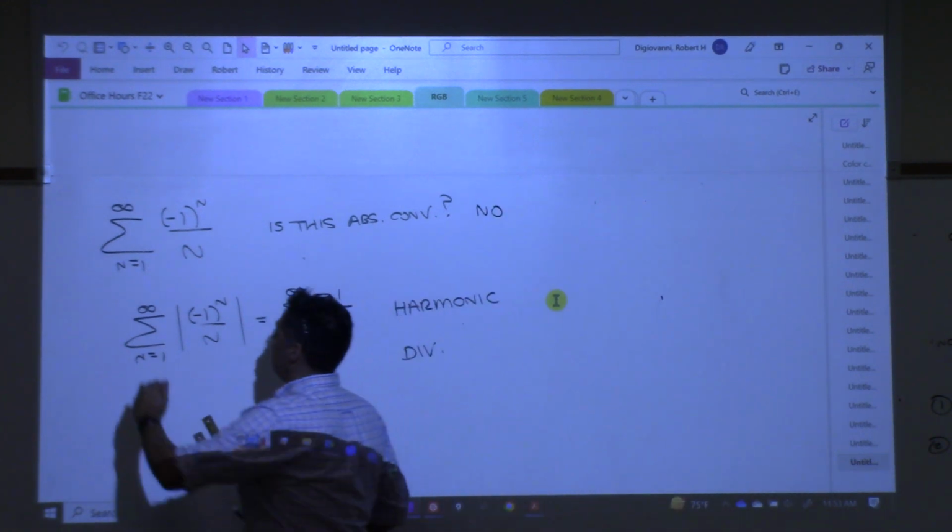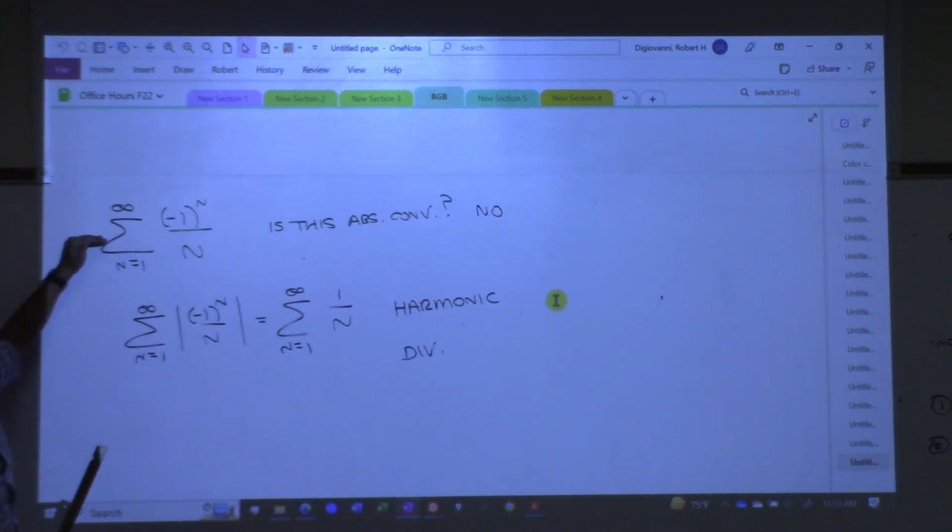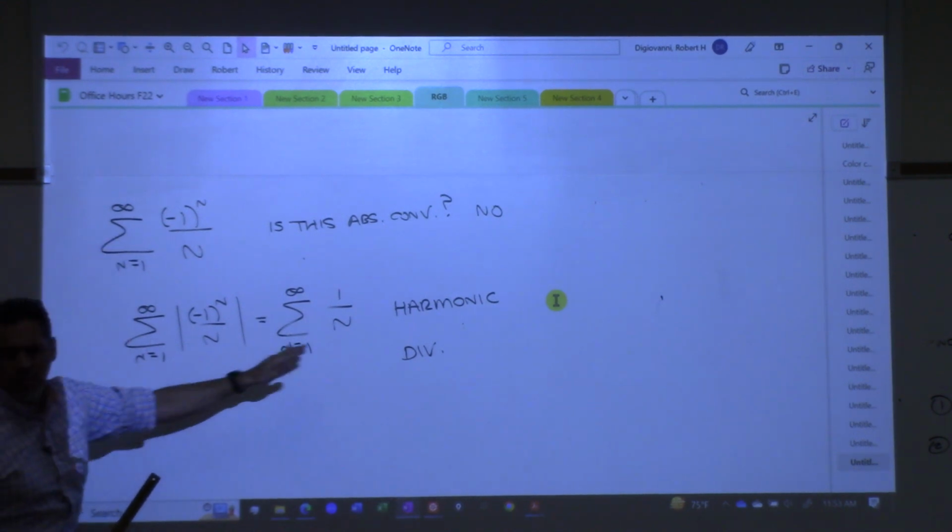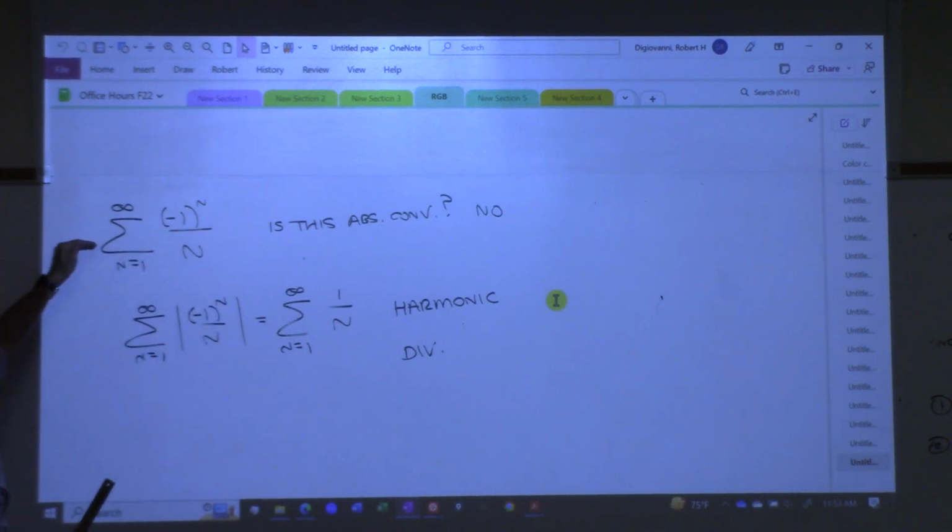So this series is not absolutely convergent. But is it convergent? Does this converge? We know that absolutely it doesn't converge, but does that by itself converge? How could you show me whether or not that converges? What test could you run? Can you do the comparison test? You could not, because